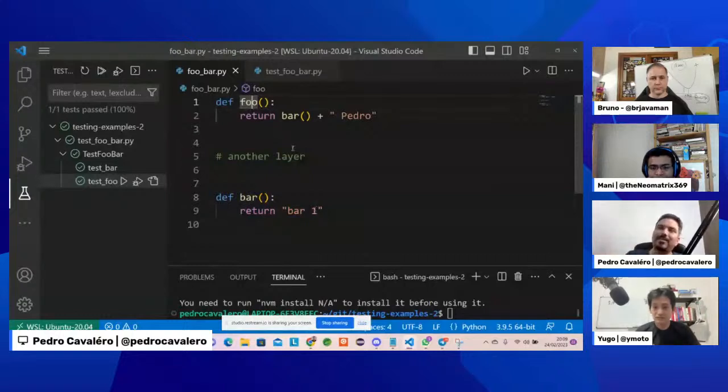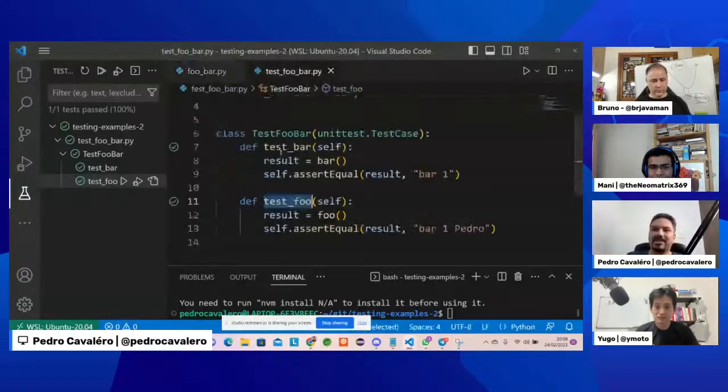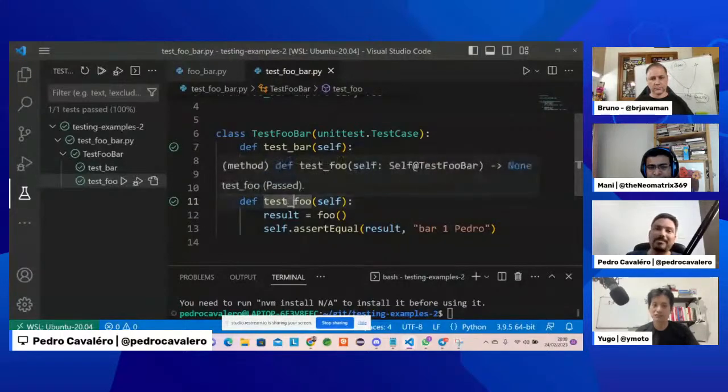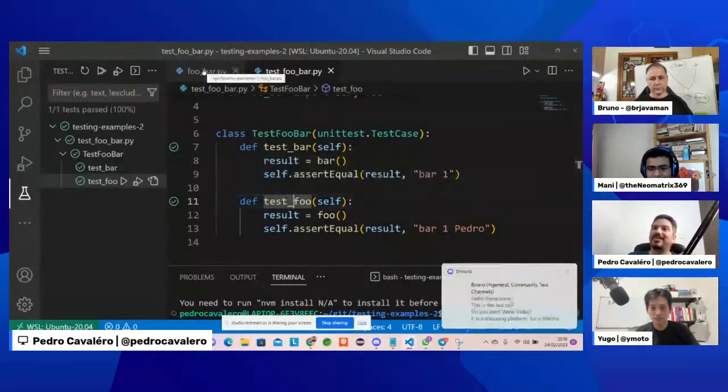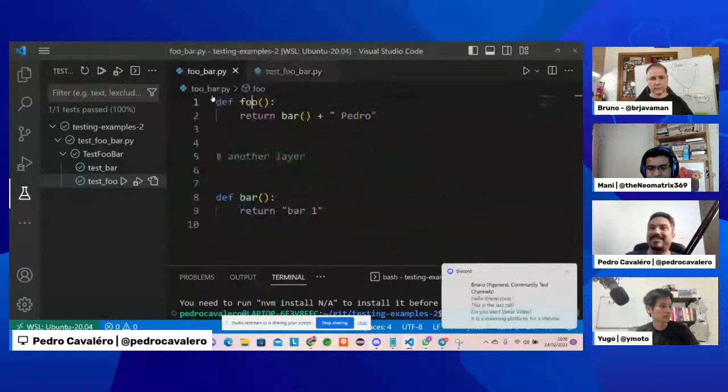I say, okay, I want to test this guy, but this guy has a dependence, so I may have an error not in my code in this layer here, but in the dependence, right? We can see that.